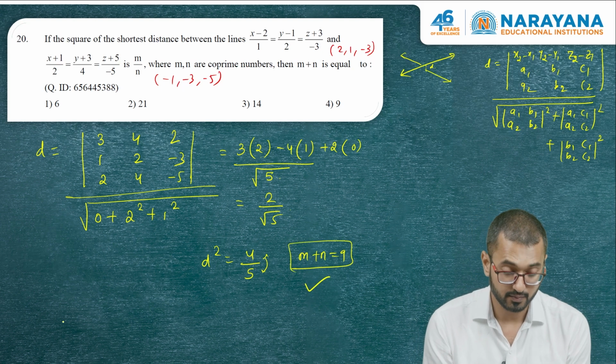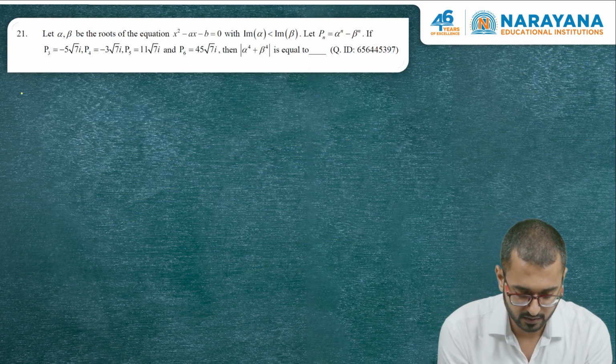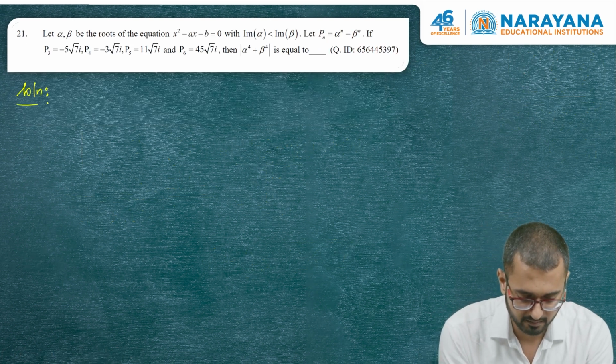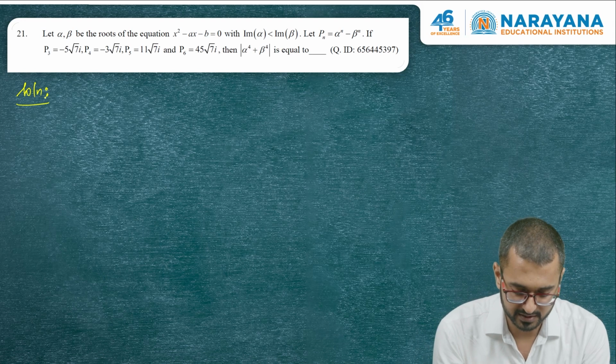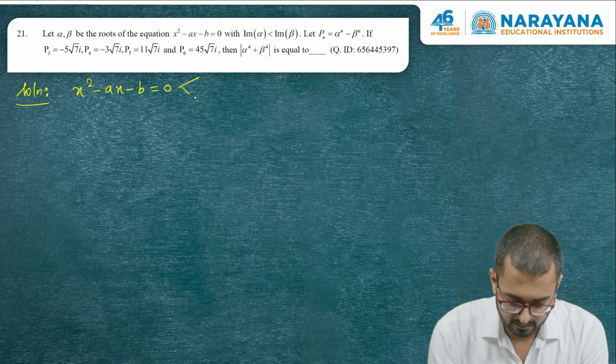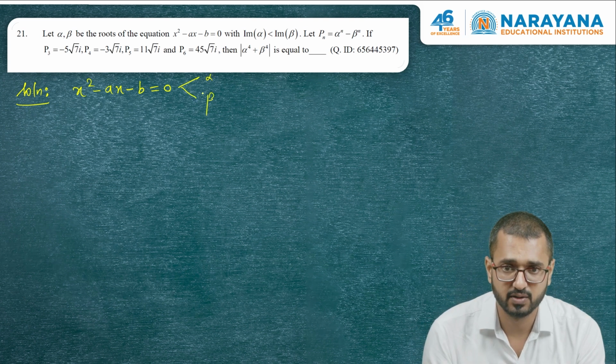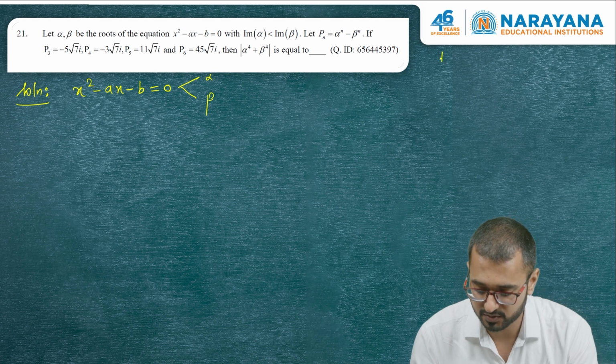Okay. Moving to the next question, number 21. Alpha and beta are the roots of this equation: x square minus ax minus b is equal to 0. Roots here are alpha and beta, and they have defined Pn is equal to alpha power n minus beta power n. So now you can simply apply